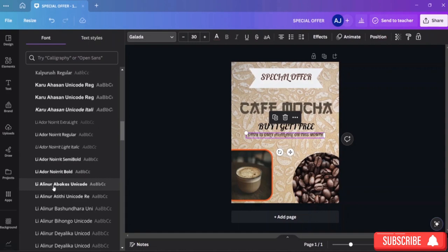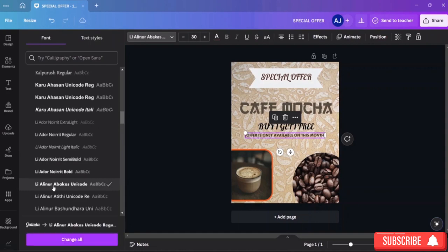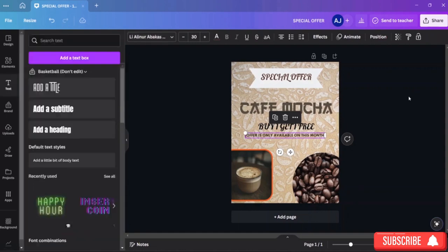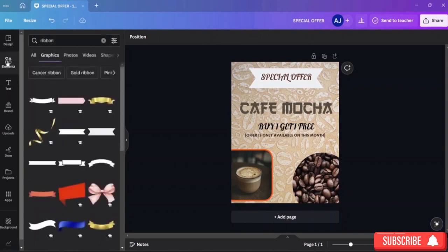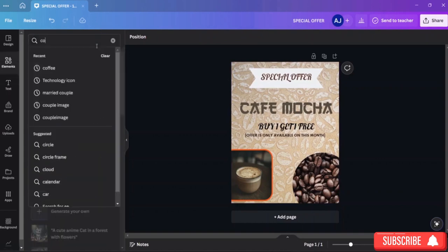Okay, so let's select different fonts from here. Okay, so this font looks quite good. So yeah, this one is ready. So here you guys can basically see, and here if I want to put any type of graphics, I will search coffee from here,